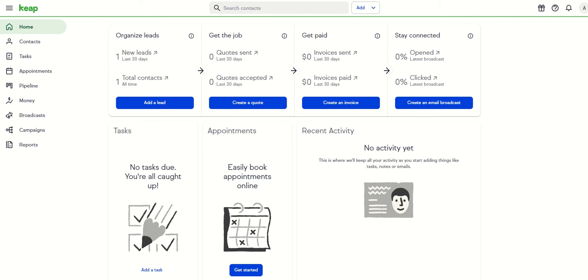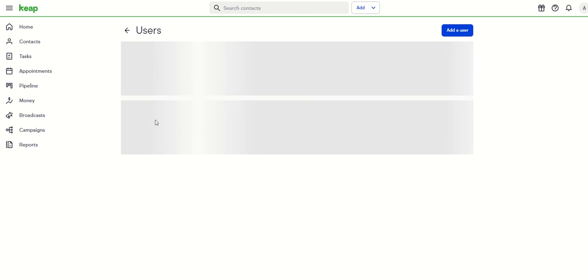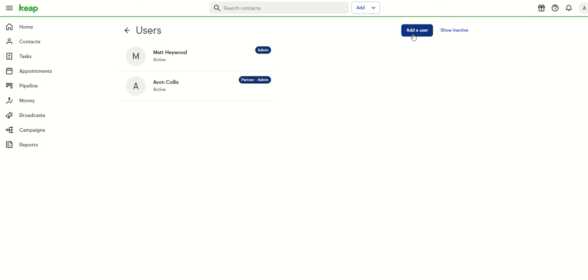How to give me access into your Keap account as a partner to allow me to make changes on your behalf. So go into the top right, click on the little icon, that is your account, click on settings. Once you've gone to settings, you then just go to users, go up to add user,